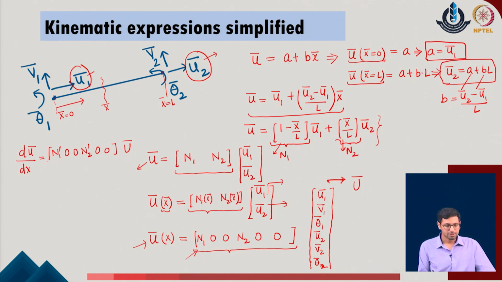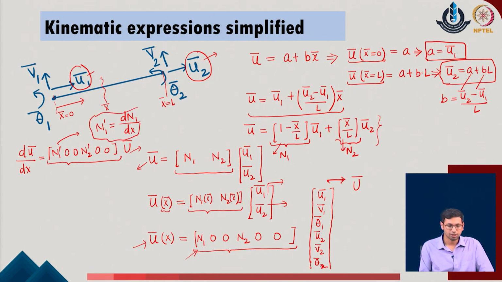So, the basic idea is that all the derivatives which are going to occur with respect to the function x in the given problem will all be taken up by the shape function parameters which are already known to the user, whereas the nodal displacement values will appear now in the expression for the given problem. One can also note that if we are writing n1 with the dash sign here, this typically means d of n1 by dx. But do not try to confuse it with the notation which we used earlier for the local member coordinates and the global coordinates of the given system. These notations are specific to this particular part of the discussion.